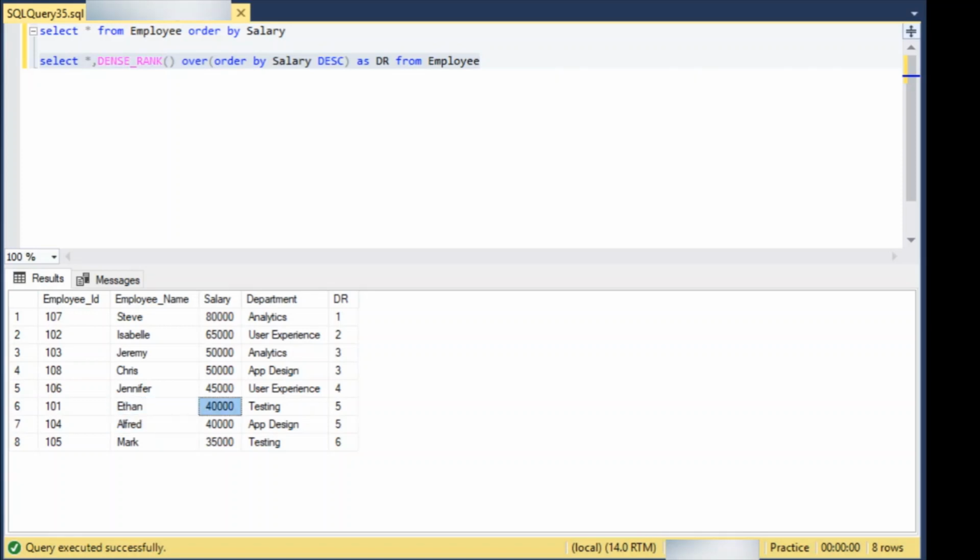And lastly, Mark gets the dense rank of 6, which is the highest value in terms of dense rank, but it is the lowest in terms of the salary. So the highest salary of Steve gets a dense rank of 1, and the lowest salary of Mark gets a dense rank of 6. All we need to do now is to fetch the desired value of n from this